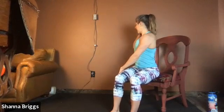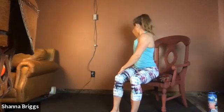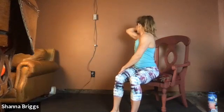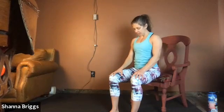Beautiful. And then when you're ready, same idea, other direction. Sit tall. Use this hand to kind of pull yourself around, hand to that same side shoulder, about 10 times, circling that elbow up and around, back and down. All right. And then as always, you're always welcome to kind of open up that neck a little bit more,